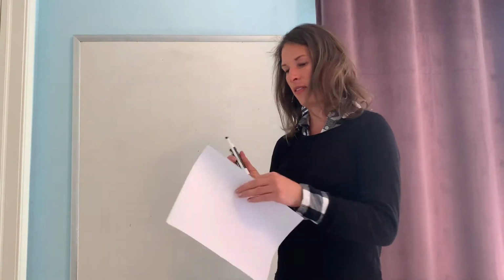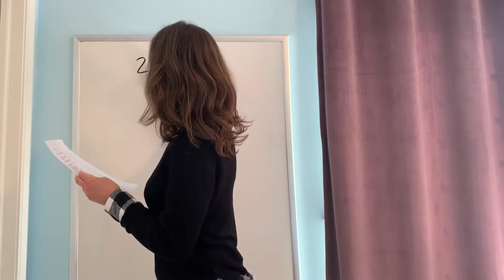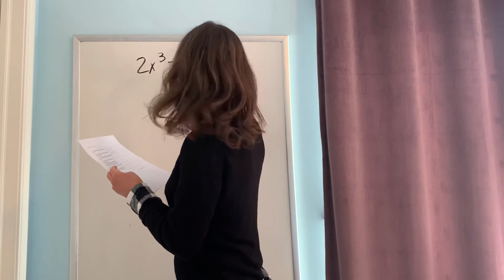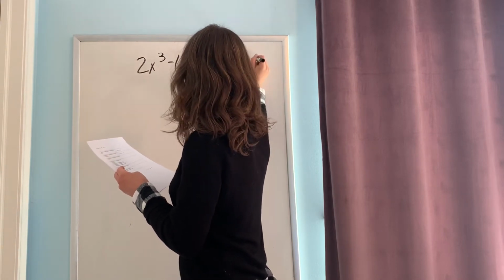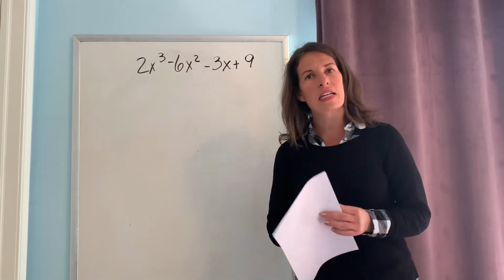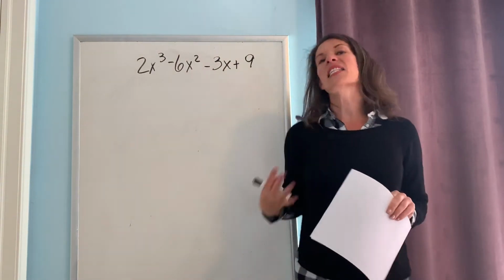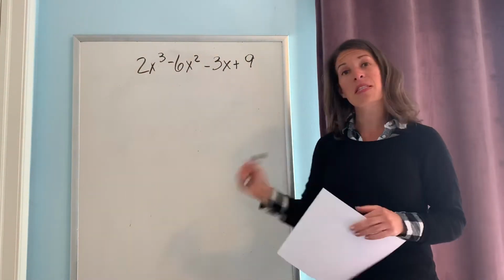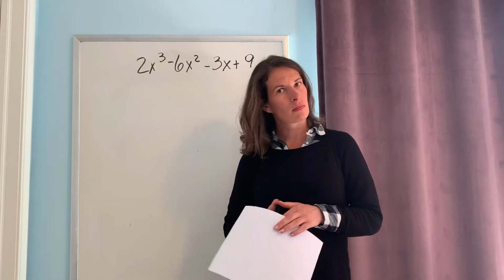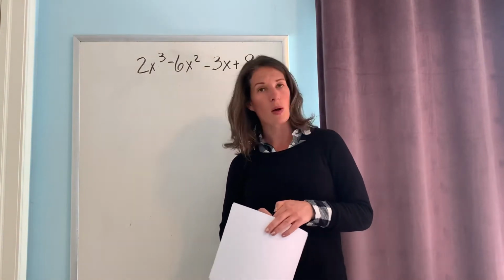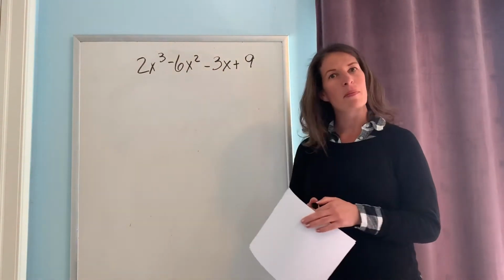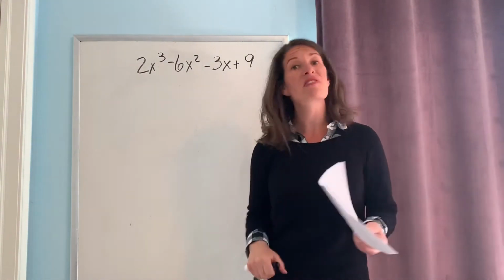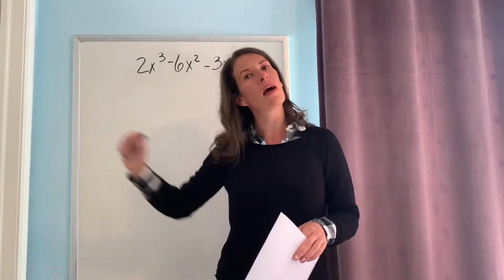I have a 2x cubed minus 6x squared minus 3x plus 9. The first thing that it tells us to do is look for greatest common factor. Is there a number that I can divide out of each of these numbers? Well, here's the thing. 2 is a prime number, can only be divided by itself or 1. And 3 is a prime number, can only be divided by itself or 1. Since I have 2 prime numbers, I know that there's not a greatest common factor for me to pull out,